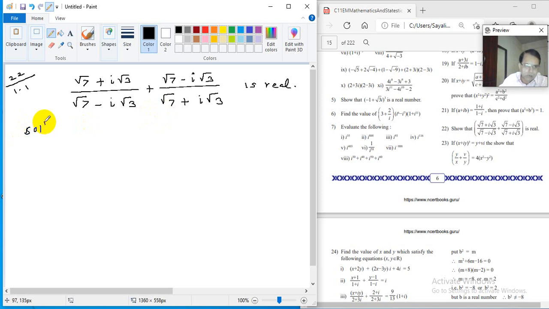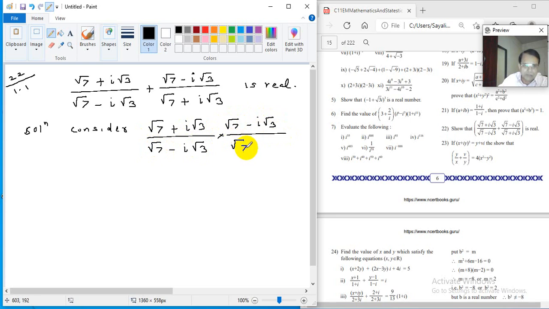Solution now. Consider root 7 plus I root 3 divided by root 7 minus I root 3, plus root 7 minus I root 3 divided by root 7 plus I root 3. Now obviously this needs cross multiplication, and the sign in between is plus. So cross multiplication gives you root 7 plus I root 3 bracket squared